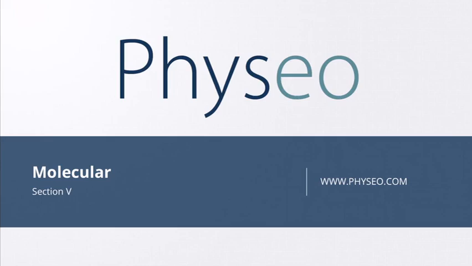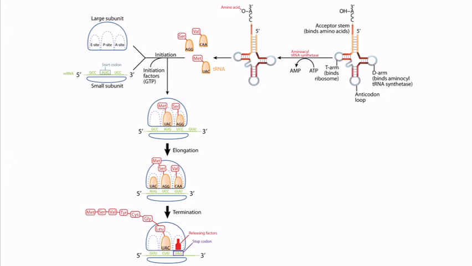Welcome to Section 5 of Molecular Biology. In this section, we'll be discussing DNA mutations. Let's get started. In the last video, we went through this figure in detail, and we discussed normal translation. In this video, we're going to focus on mutations of the genetic code and see how these can disrupt protein